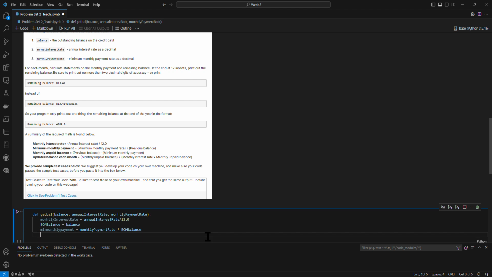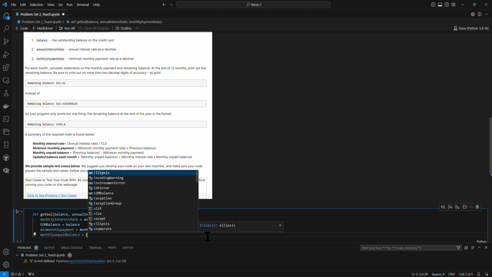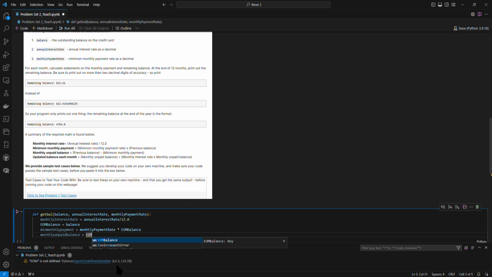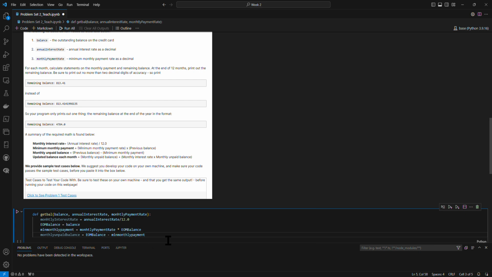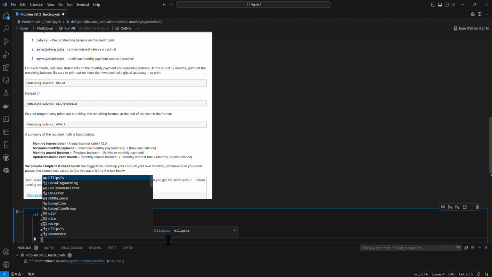And the monthly unpaid balance, this is a new variable here, is equal to EOM balance minus minimum monthly payment. Then we have to calculate the EOM balance of the month,